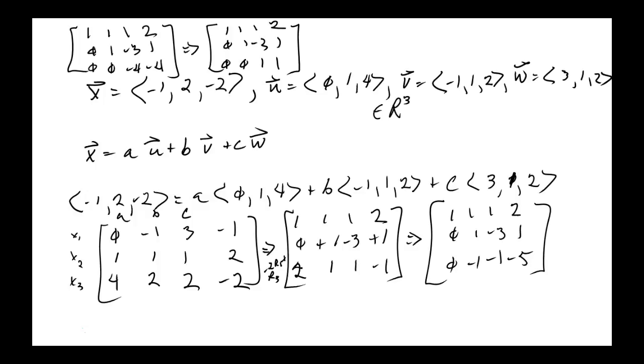So this says that C is equal to 1. Okay. B minus 3 is equal to 1. So B is equal to 4. And A plus 4 plus 1 is equal to 2. So A is equal to -3. Okay. Let's see if we found